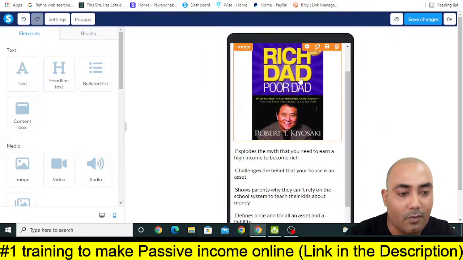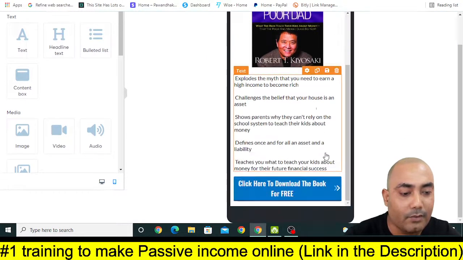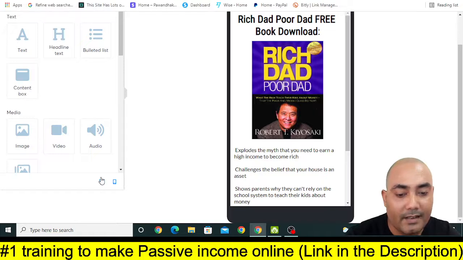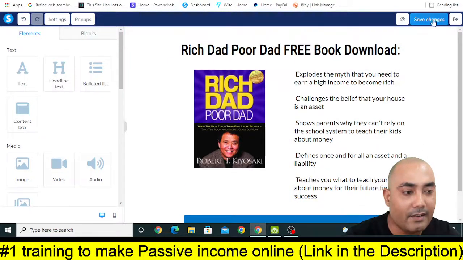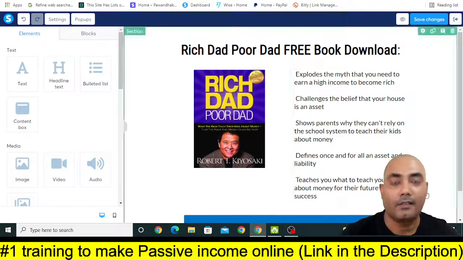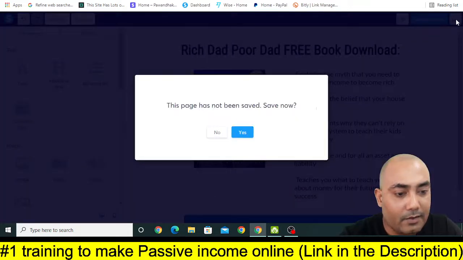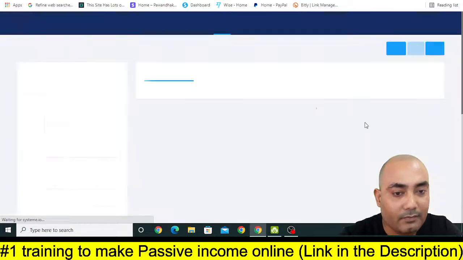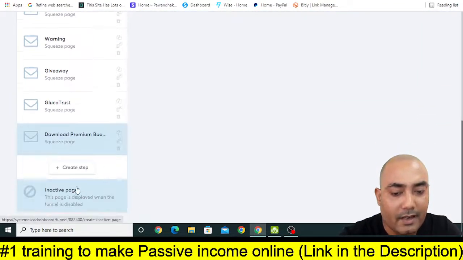You can see the mobile view of this landing page. It will look like this. Okay, in desktop it will look like this, and you can click on save change and exit. Okay, and the page has not been saved yet. Okay, let's click on save now, and then what you can do is again click on here